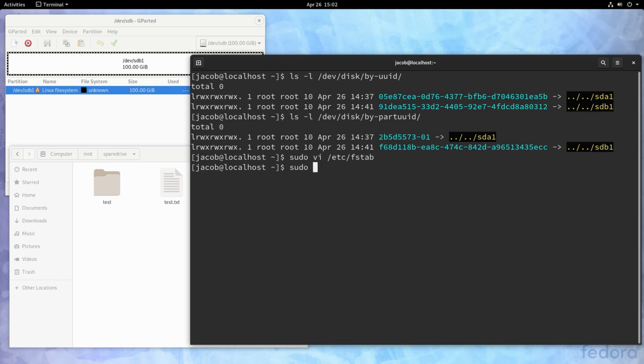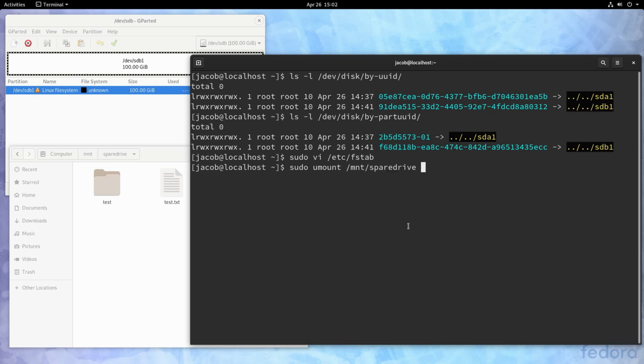So to unmount the partition, I'm going to do sudo umount /mnt/spare_drive. Now, when you're using umount, you can either use the mount point or you can use the drive itself. So I could write sudo umount /dev/sdb1. Either of those are fine. Usually I like to specify the mount point because even though I can correlate those two things very easily, usually the mount point has some indication of what the mount point is for. In this case, we know this is my spare drive.